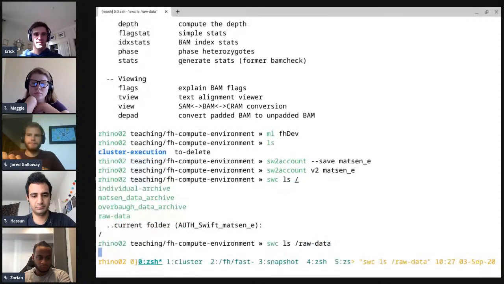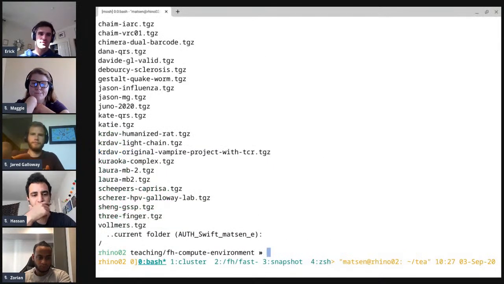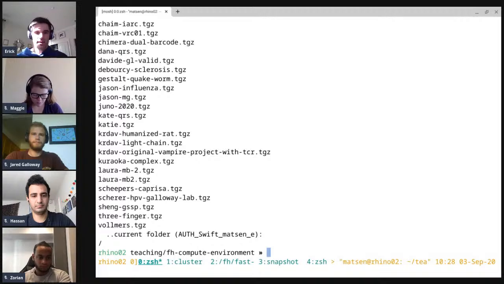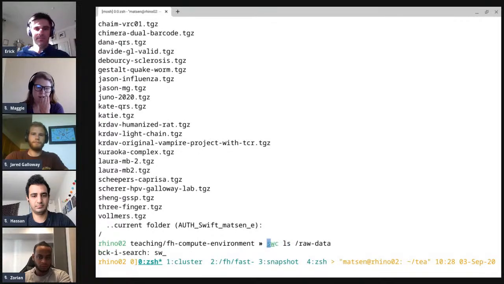So there was a directory basically called raw data, and so I can SWC ls and get all the things that are in our raw data. And this is basically what I would expect to be in anyone's economy file store. It's just a bunch of TGZ files, because you want to zip it up, send it over there, and then get it back at some point in the future. So these are data sets that we sort of don't need active access to. I can also